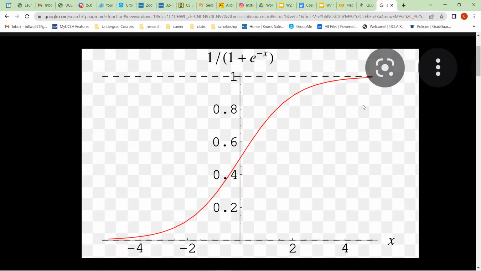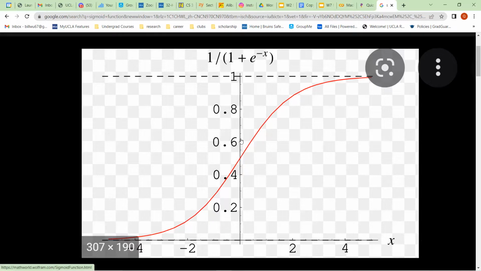So this is a sigmoid function, and wherever our data point lands on this x-axis, if it's positive, it's going to trend towards 1, and if it's negative, it's going to trend towards 0, right?